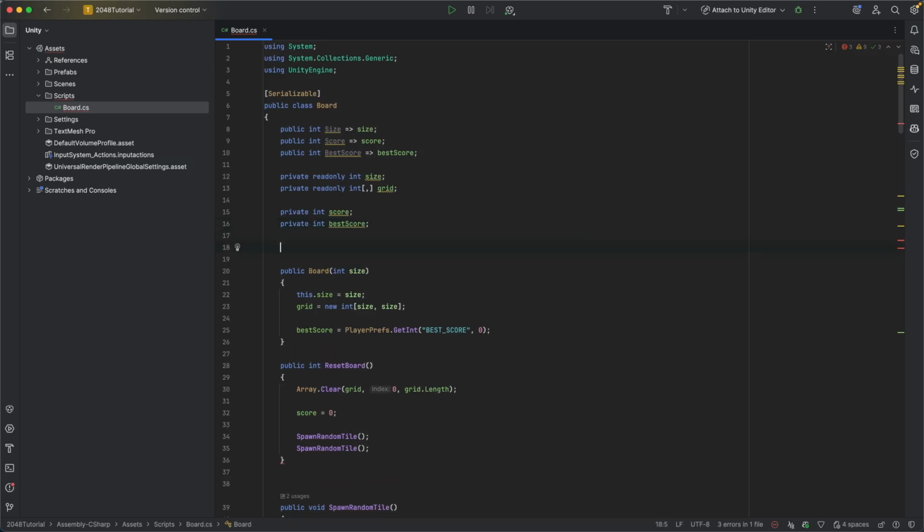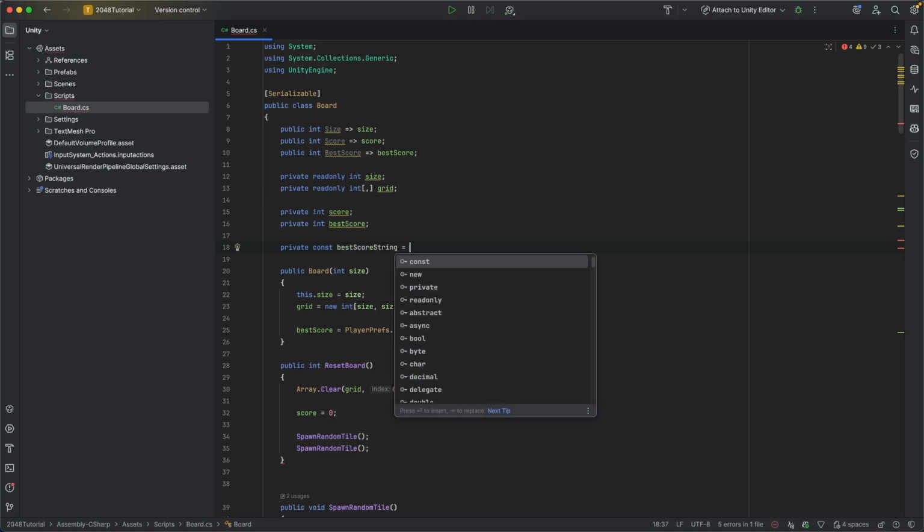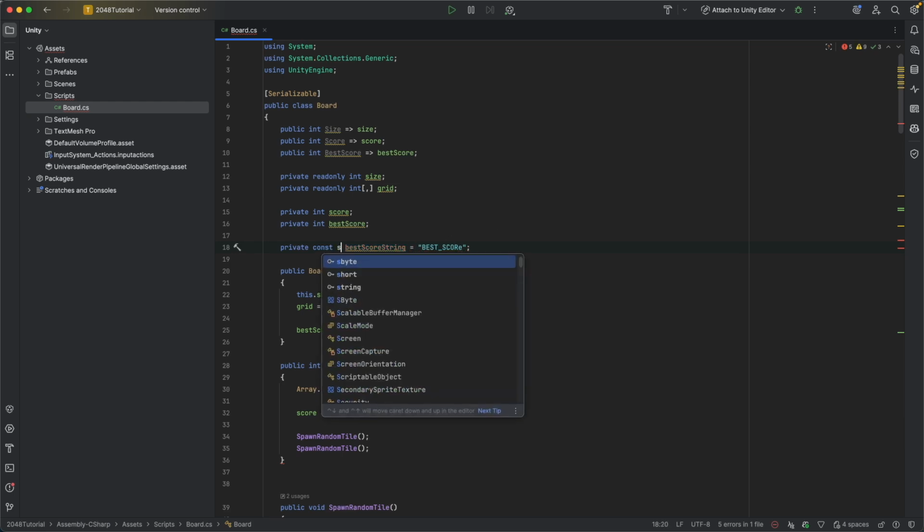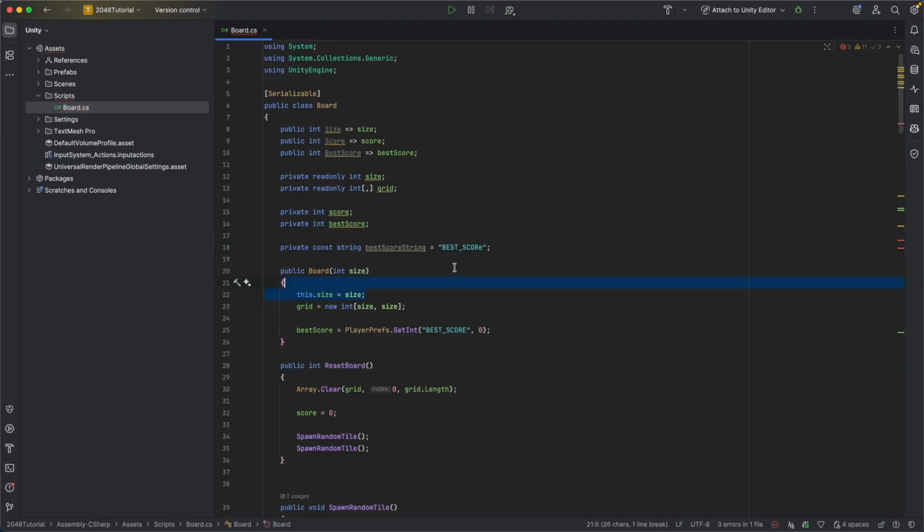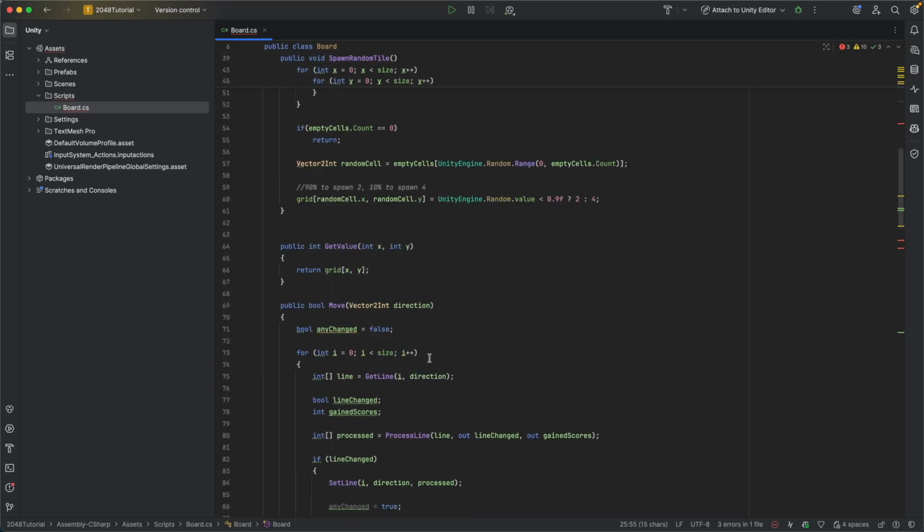Right at the top, I will put the private const string best score string be equal to score string. Okay, so that's the best score string,